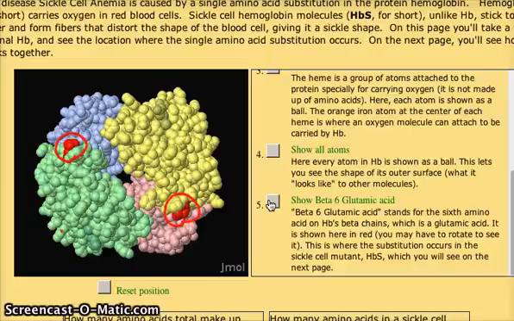So we have 4 sections, and this is on the beta chain. So remember, these are the alpha, these are the beta. Again, not too important. The key thing is where these glutamic acids are on. They're towards the outside of hemoglobin. So now if we go to part 2,